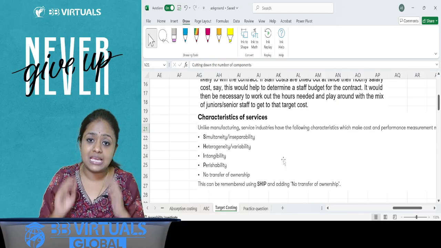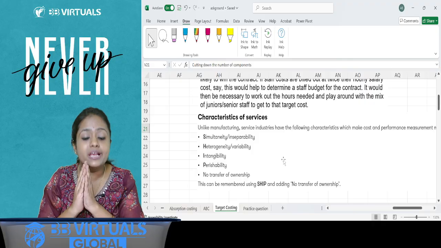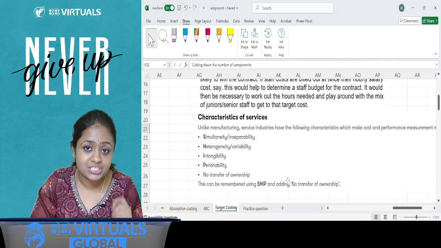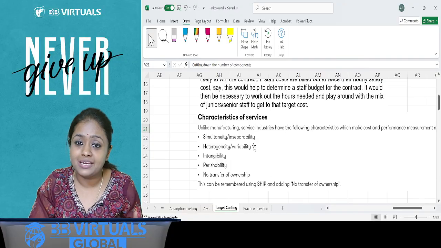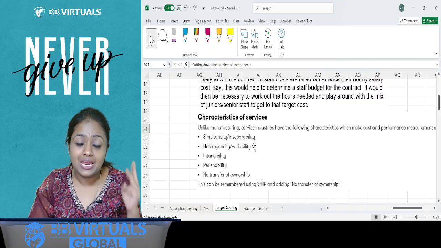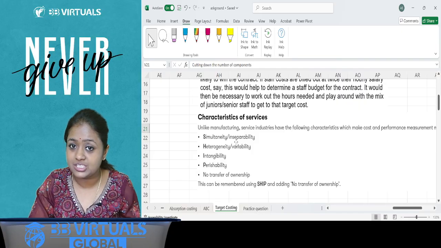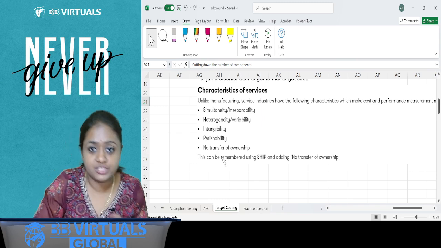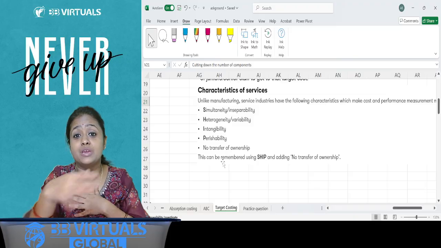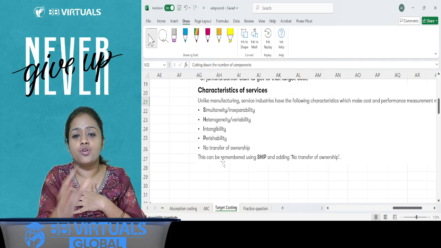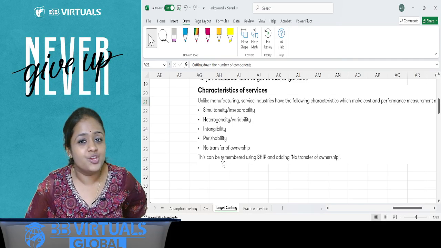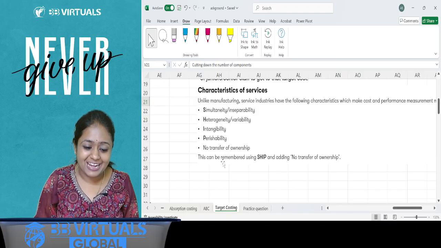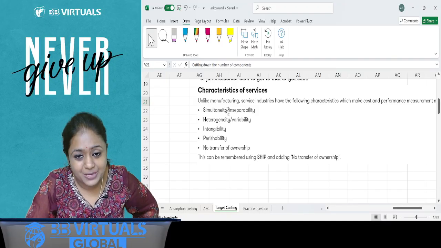Hence, target costing application in the service industry is very, very challenging and very, very difficult because of this mnemonic shift. That is simultaneous consumption, heterogeneity, intangibles, you cannot see them, touch them, feel them, and perishability, and no transfer of ownership. You cannot own me after this and say, ma'am, you gave me your lecture, now I own you, now you speak the topics and I will do that work. You cannot own me, right? So there is no transfer of ownership under services, right? So this is the mnemonic shift that tells you this.